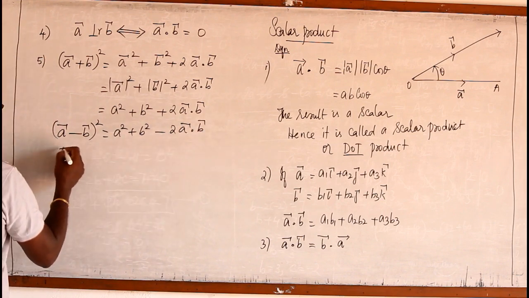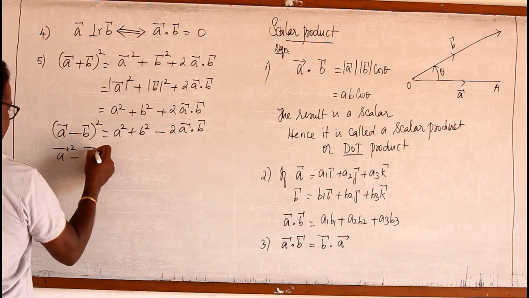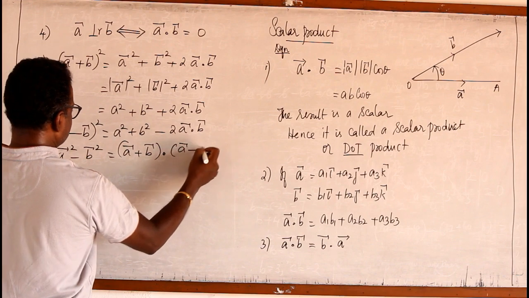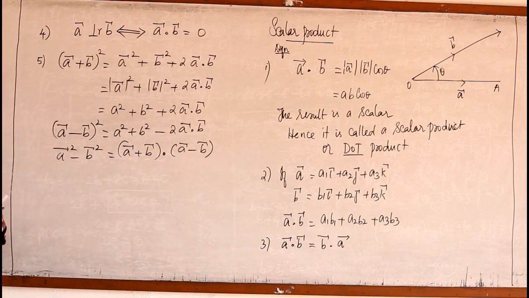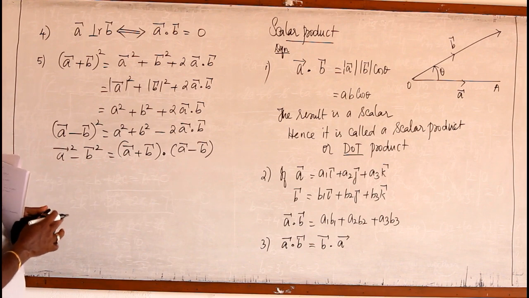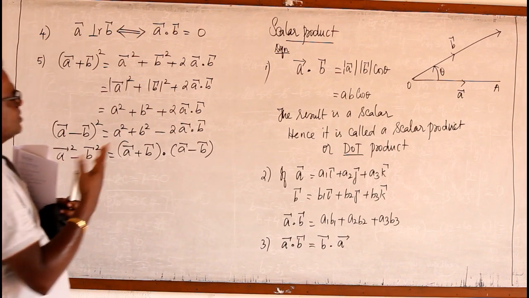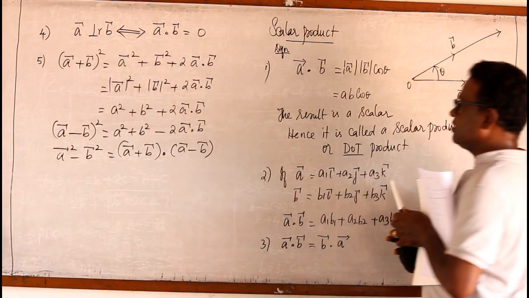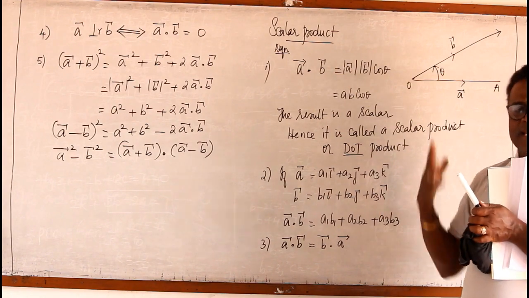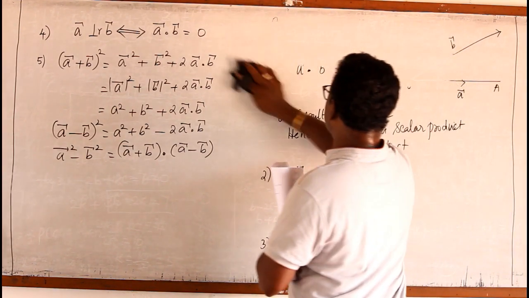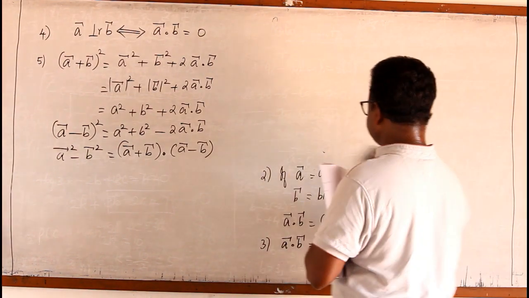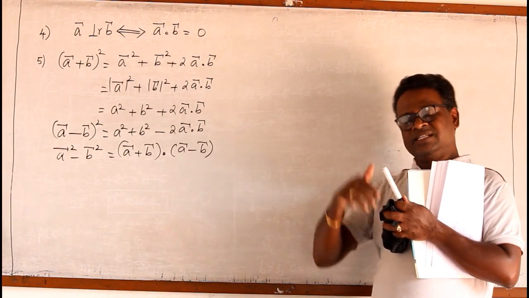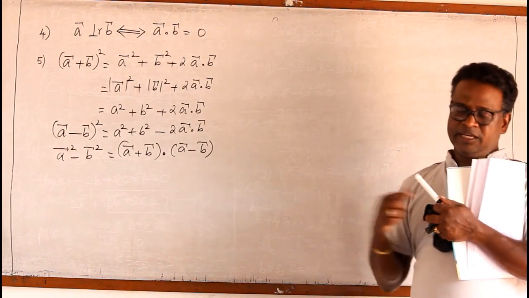And similarly, A square minus B square is A vector plus B vector dot A vector minus B vector. So these are things we must have studied in our 11th standard. These are things we have to have as a recap when we go to 12th standard, as our basic ideas. Now we should go for problems. I will do all the problems involving dot product first, then we shall go for cross product or vector product.